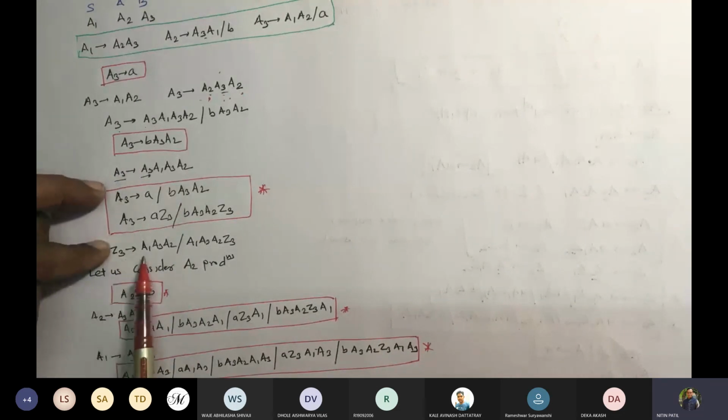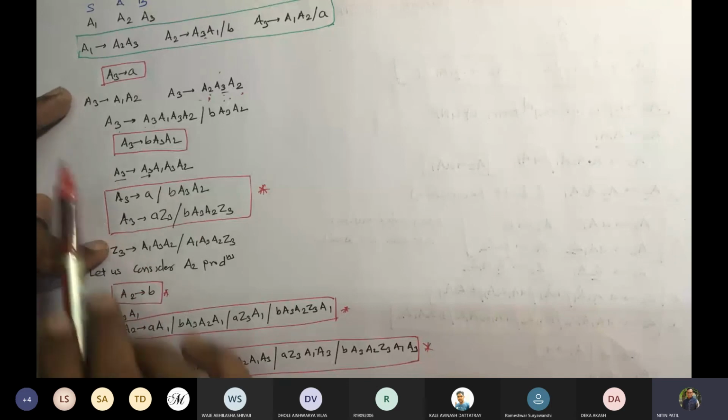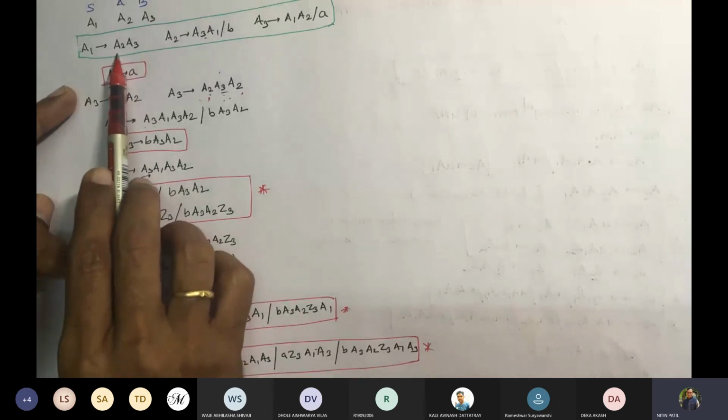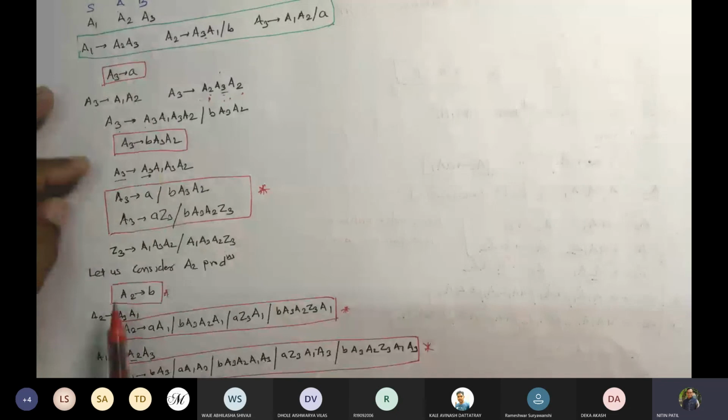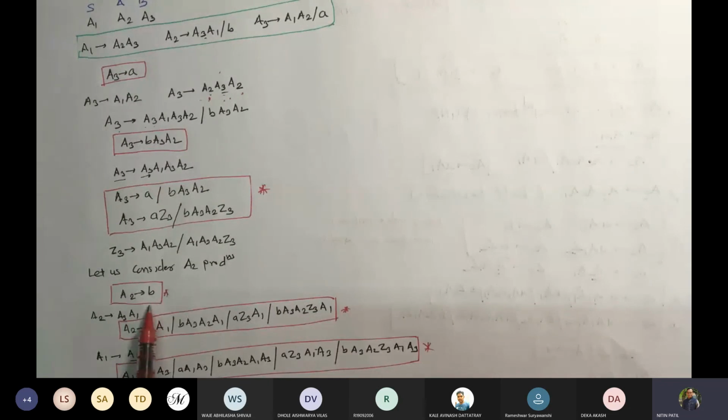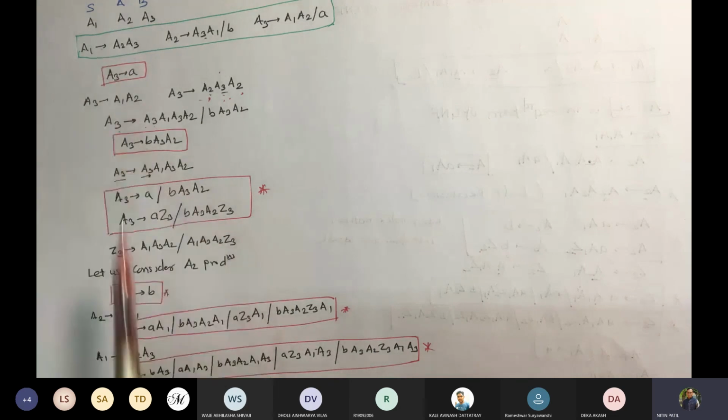अभी ये अगर resolve करना है, so we require value of A1, but value of A1 is what, production is A2 A3, so I require value of A2 now. So we'll start with A2. So A2 gives B, वो required form में था. So A2 gives A3 A1 था, तो A3 के हमारे पास 4 वैल्यूज थे, वो चारों यहाँ पर डाल दिए along with the remaining A1, करेक्ट. सो हमारे पास ये आ गए productions. सो फिर A2 का हो गया वैल्यू, इसलिए हमने A1 को concentrate किया. A1 में था A2 A3, सो A2 के 4 वैल्यूज थे वो यहाँ पर डाल दिए.